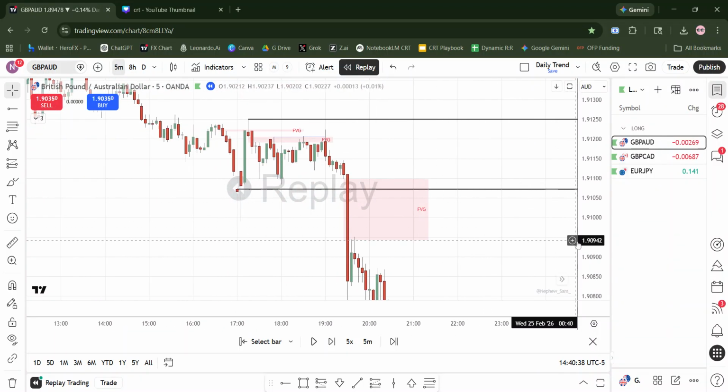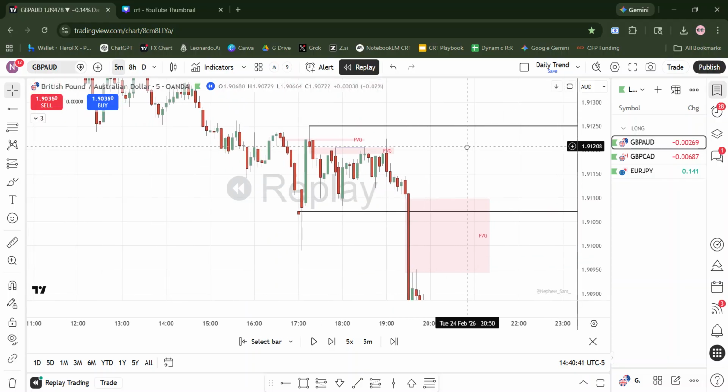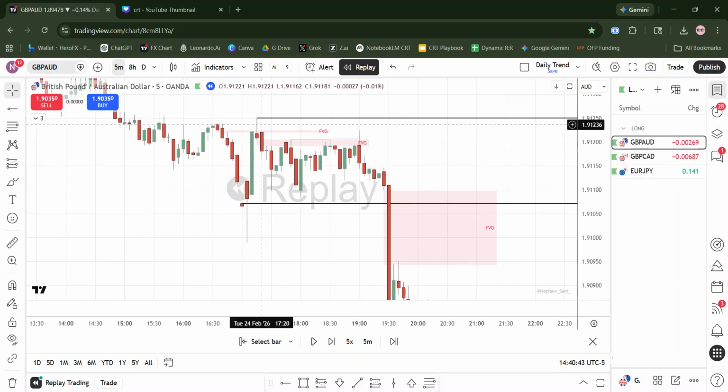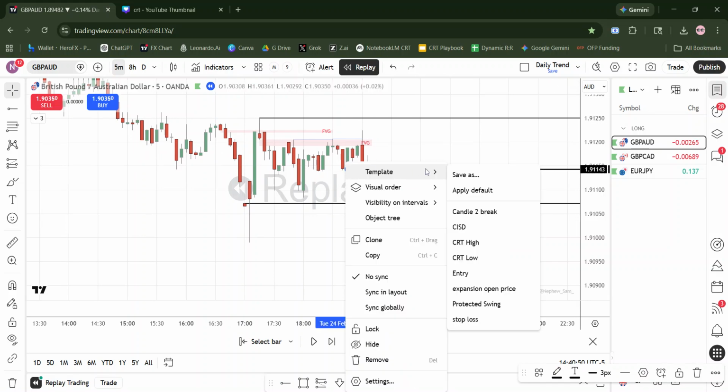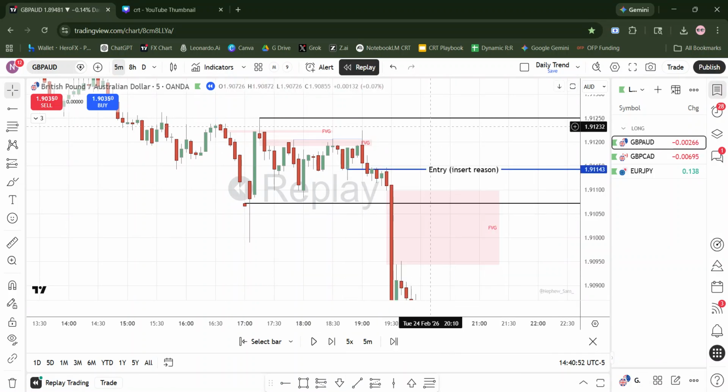So I like to see the first fair value gap. I always try to enter off of that, because I look at this fair value gap as proof that there's momentum in the trade. So let's just say I took my first entry right here at 6:45 p.m. Eastern Standard Time, right there. Okay, I cannot take another trade